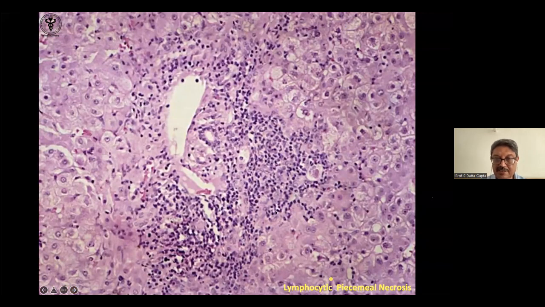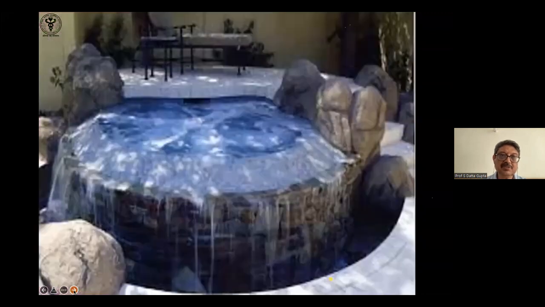See here, very nicely. This is slight ballooning of these cells here. And this is the bile duct. This will be the portal vein, and they are all going here. The margin is blurred, and we see how much of the circumference is affected. This is more than 50% of the circumference that's affected by piecemeal necrosis.